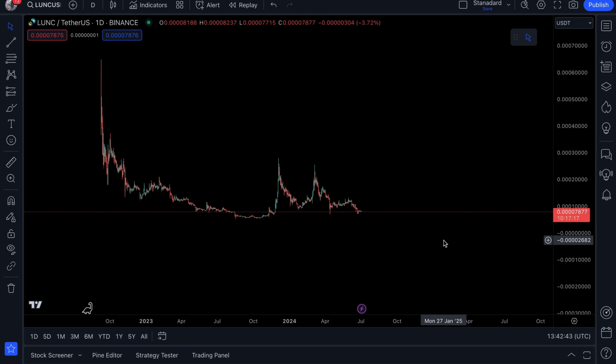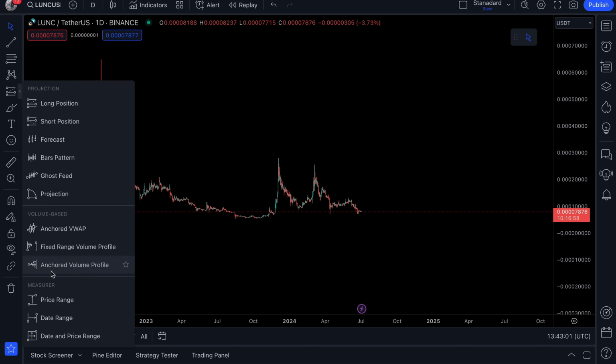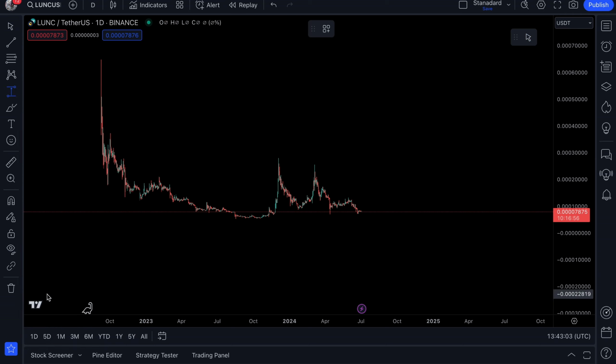Now, here's the thing. We don't want this to be the end of the upside move this year. But the reason why I don't think that will be the case is because we are in a bull cycle. So whether you think the product is dead or not, there is room for growth here. And I'm going to walk you through what I think could occur this year. Now, let's start off with the quote unquote worst case scenario. I think $1